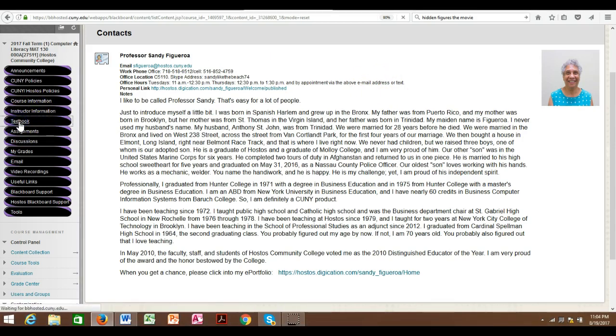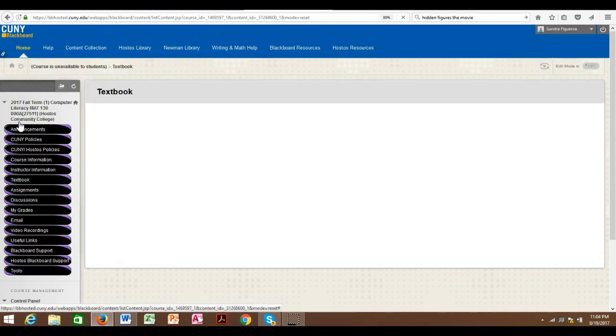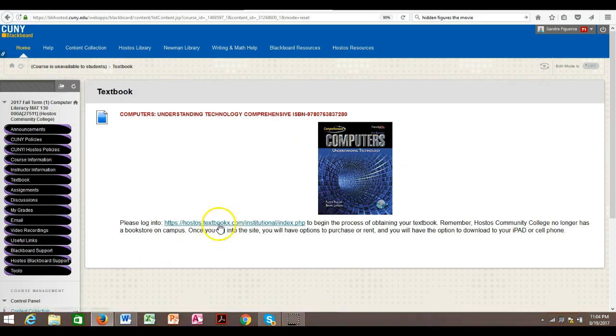All right. The textbook for the course. This is what the textbook looks like. Some of you must be aware by now, almost all of you are aware by now, we do not have a bookstore. Many of the CUNY campuses do not have a bookstore. So to make sure that you can get the textbook at a reasonable price, as reasonable as it's ever going to be, go to the link and follow the directives. You can download to your iPads, to your phones, whatever it is that you do. See if you can get this as quickly as possible.